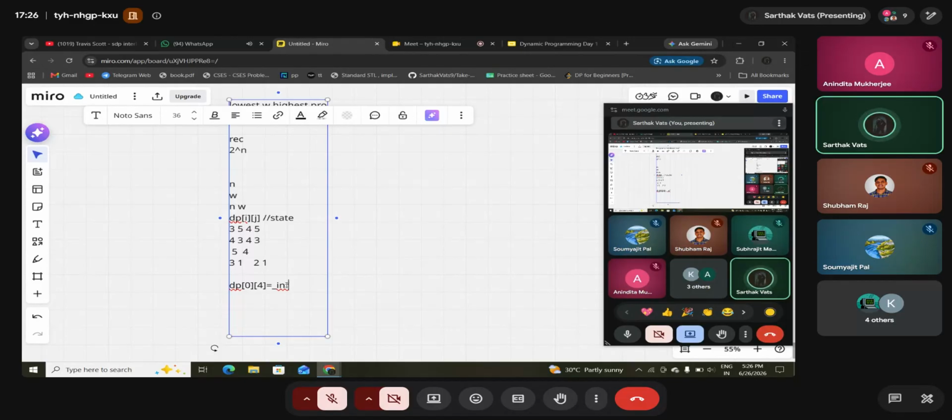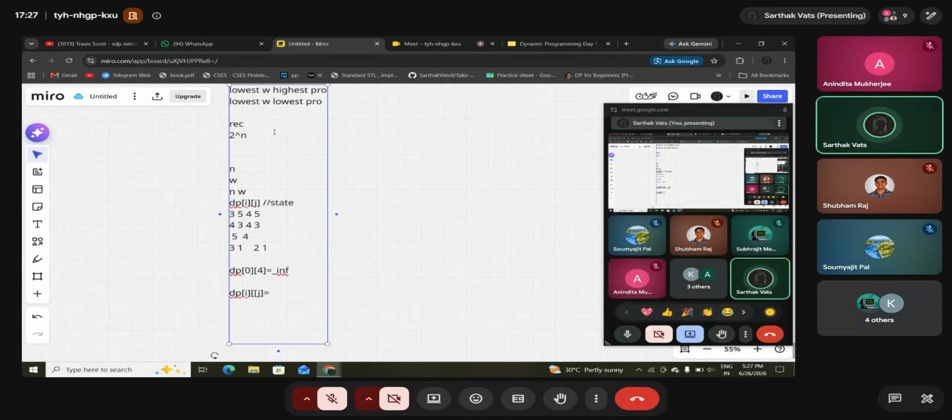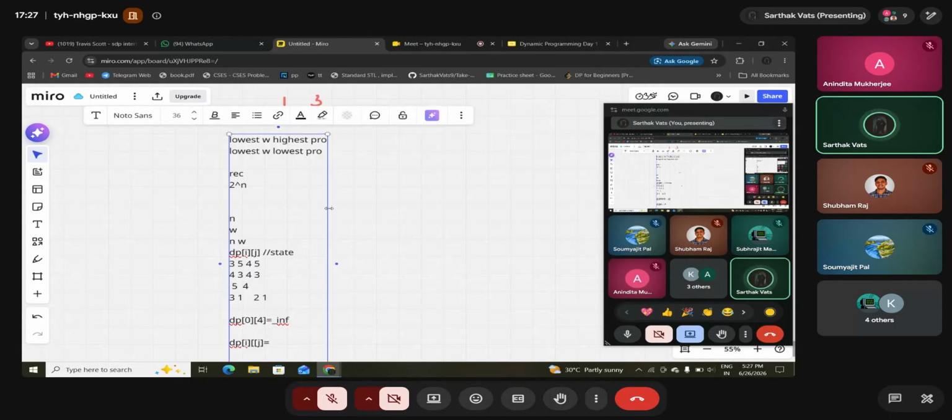So I can just fill a garbage value like minus infinity into this, and that wouldn't matter. And after that, let's move to the transitions. We don't specifically need to assign the base case, but while explaining, it would be easier to understand for you guys. So suppose I'm at a particular index i, and I'm at j weight. If I don't want to take this ith index,